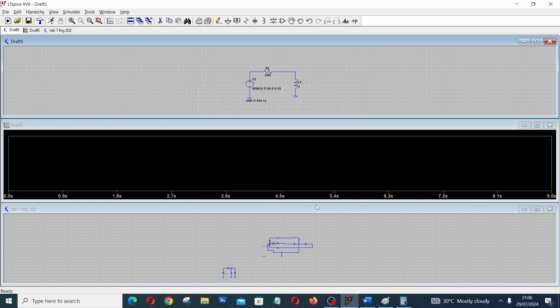I haven't done that. So you have to run this. Now you want to simulate the voltage waveform. When you click on this,